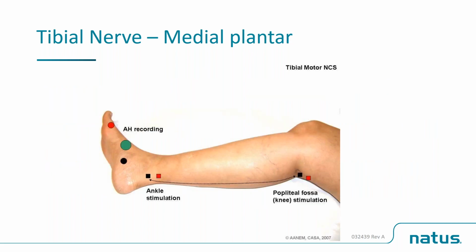And here's a good picture of it. So the abductor hallucis is down there. If you kind of feel for the navicular bone, it's a long, thin muscle, so it's not one that you're going to palpate as well. But if you feel the navicular bone and just move down a centimeter, you'll be in a really good place. So here we're going to stimulate behind the medial malleolus and get the distal motor latency, the motor